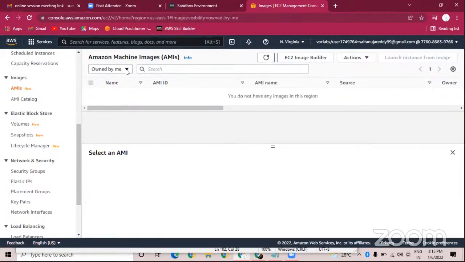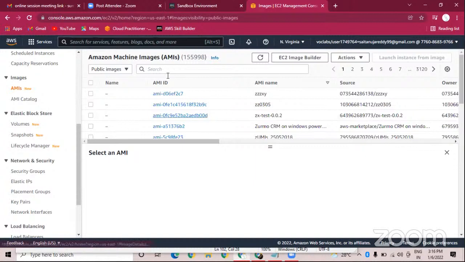Apart from owned by me, we have 2 other filters: private images and public images. From these, we are going to take the public images as the template filter. And in these public images, we have up to